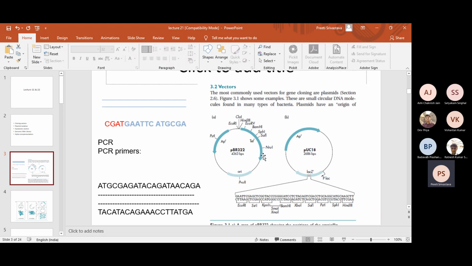Class, you need to speak up, otherwise you will not be able to imagine the bigger picture. I will keep on lecturing and then you will not follow. So which sites should be used for maintaining the directionality?